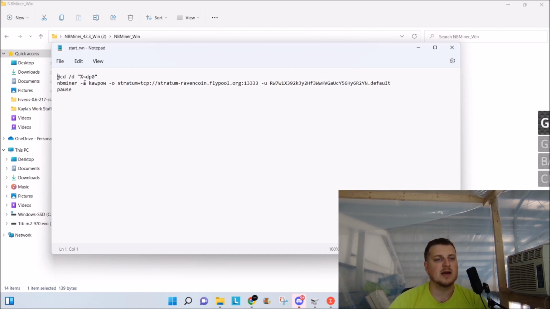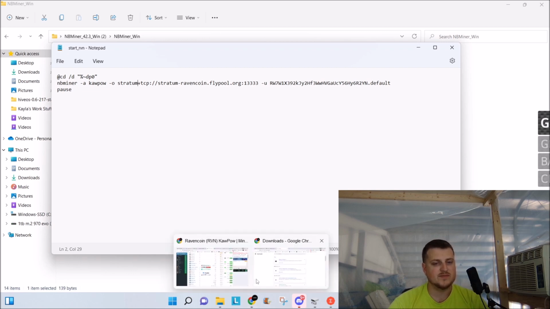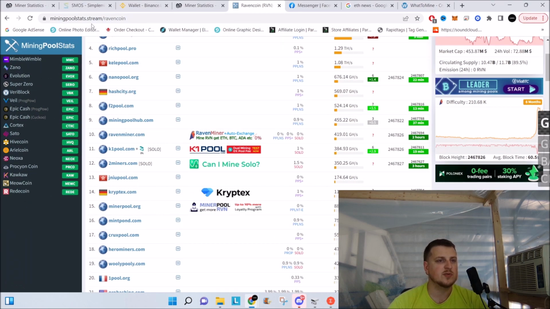But this is NBMiner. -a stands for algorithm, kawpow. That means it's going to mine Ravencoin. -o is for the pool and the stratum. So this is currently set up to mine to ravencoin.flypool. If we wanted to change it, you can go over here to